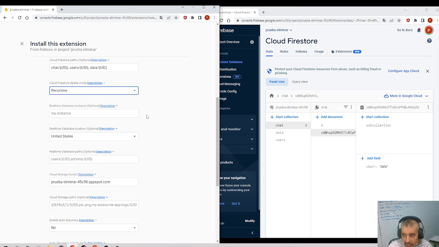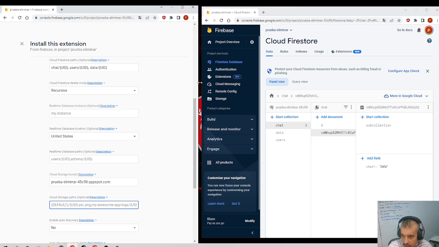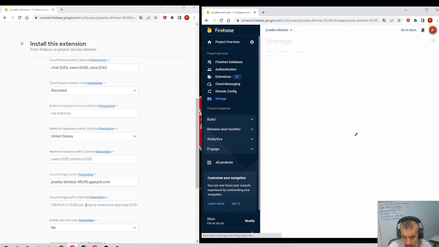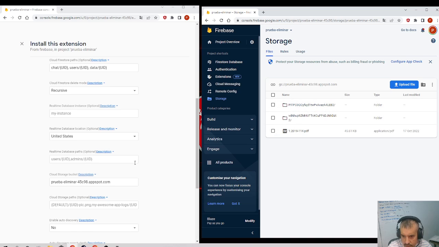For real-time databases, you should do the same, but I'm not going to cover that here. The same structure, okay? And here, this is the storage. So in the storage, we should do the same that we did with the Firestore. In my case, I have the storage, and the structure is default dash UID, right? Default,